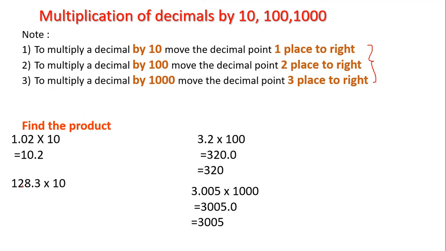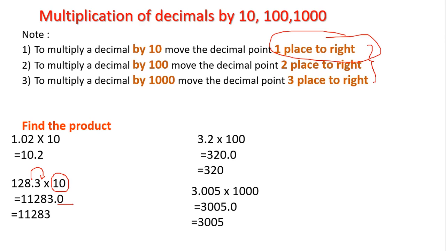Find the product of 128.3 by 10. So the number 10 is here. When 10 is there, we have to move one place to the right. If I move this decimal point one place, the decimal point will come after 3. So I will place the decimal point. After 3, there were no digits. So if there is no digit, we'll write 0 in the decimal part. So this decimal part doesn't have a value. Final answer will be 1283. Next problem,